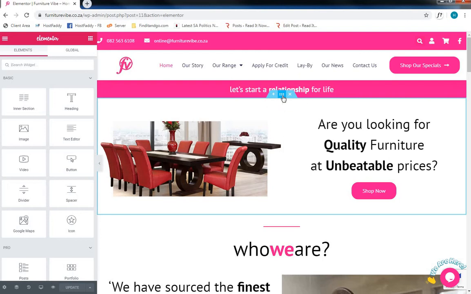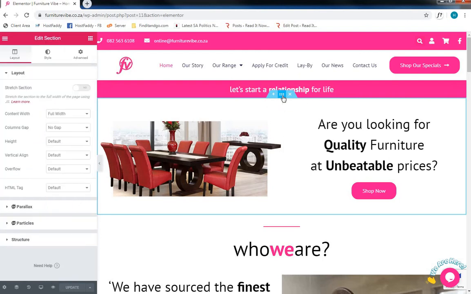If we select Edit, you will see that the bar on the left hand side has changed. And we are currently on the Layout section. Here we are able to stretch the section, change the content width, the column gaps, height, vertical alignment, overflow, and so forth. Moving on to the styling section of the section,